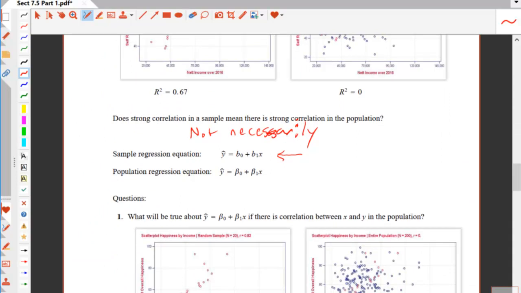But if I had access to the population, I could calculate its regression equation for the population as well. And so it will be different. The population and the sample are not the same thing. So the regression equation would no doubt be different in that case. So we'll write it with similar notation, but let's use the Greek letter beta when we're talking about the population. And we'll say that y hat equals some number beta 0 plus another number beta 1 times x. So this would be giving weight as a function of head length in the population.